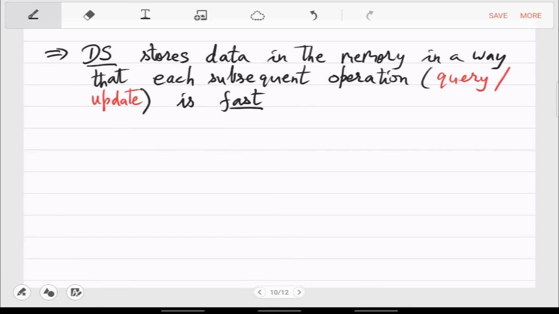I mean, there are two ways to say that it's fast. Either every query or update itself is fast, or maybe sometimes it is slow, but cumulatively it is fast. Right? So the first is called worst case fast, and the second, if sometimes it may be bad, but overall it is fast, that is called amortized or cumulative complexity, which we may study in this course, but that's not very important. We'll focus on always worst case. And of course, the invariant is maintained.